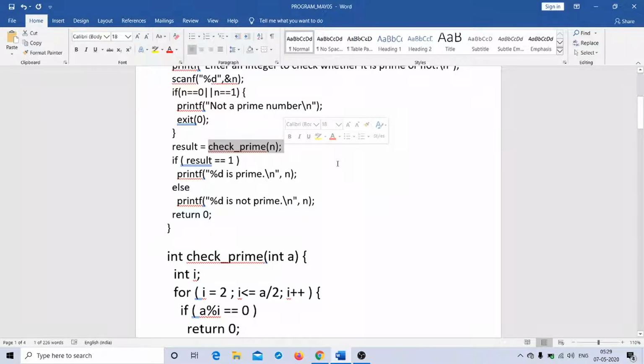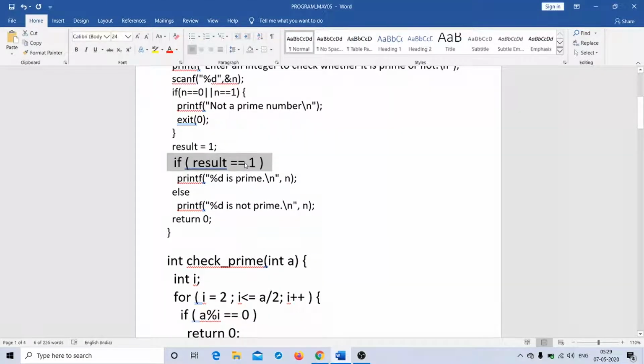So actually speaking, this will be replaced like this, result equal to 1, which is a valid statement in C. And then the control comes to this particular line sequentially, and it says if result is equal to 1, correct? If result is equal to 1. So the condition is true, and hence it will print percentage d is prime, that is n is prime. So what's the value of n? 5, and hence 5 is prime.